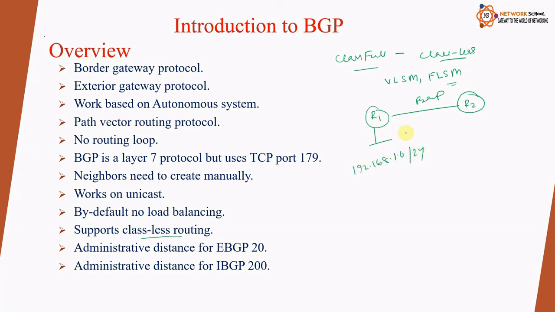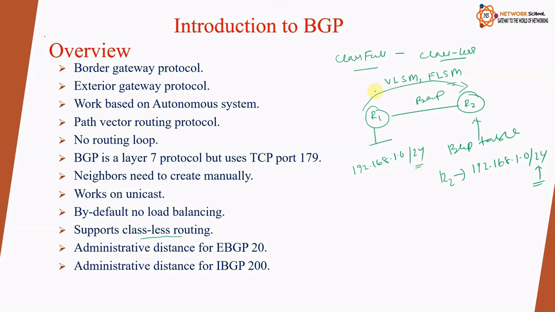192.168.1.0/24. When this update is sent from R1 to R2, and we go to R2 and look at the BGP table, we will find 192.168.1.0/24 with the same subnet mask. It means when an update is sent from one router to another router, the subnet mask will be exactly the same. It will carry the fixed length subnet masking.